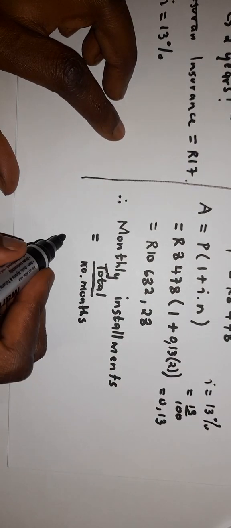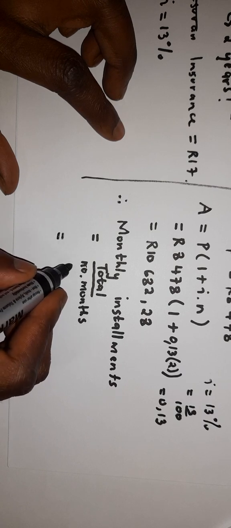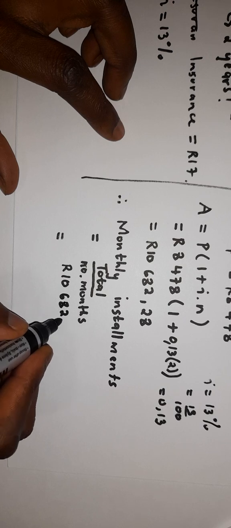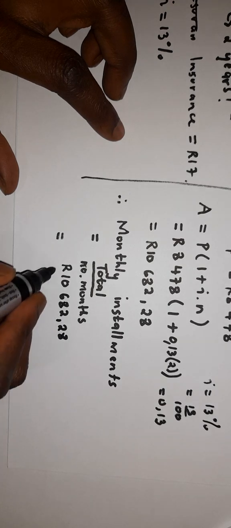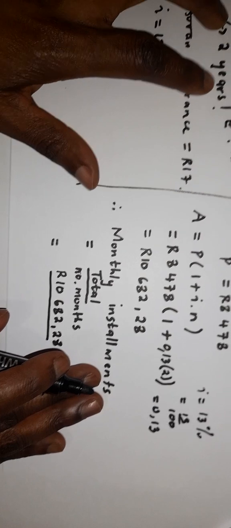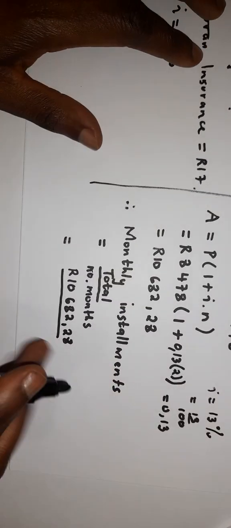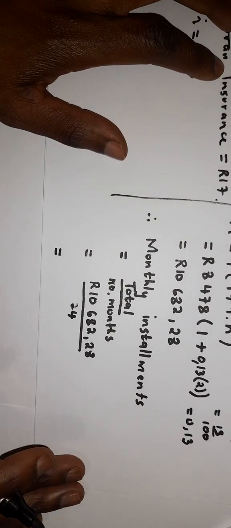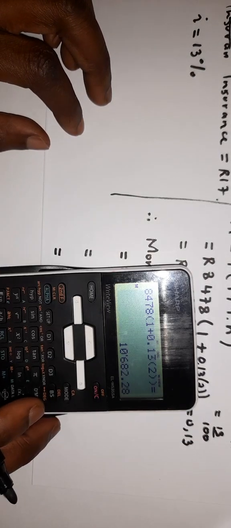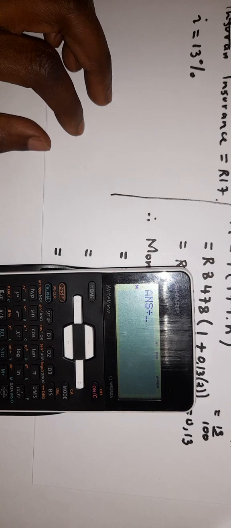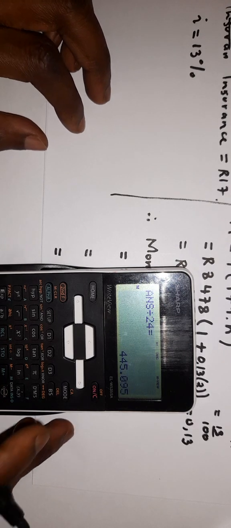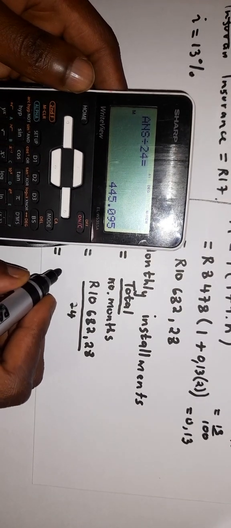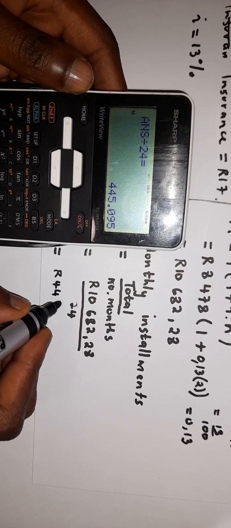Right, and our total in this case, this person needs to pay back 10,682 rands and 28 cents for a period of 2 years, which is 24 months. And then this is how much he actually pays. This amount, which is still on the calculator, I just divided by 24. And then I find that per month he pays 445 rands